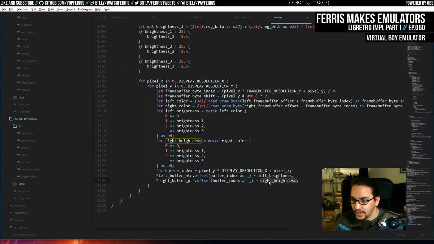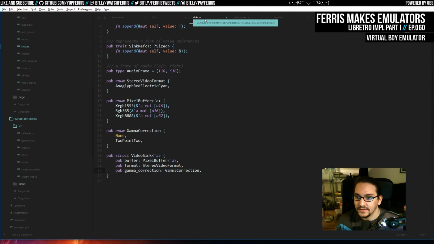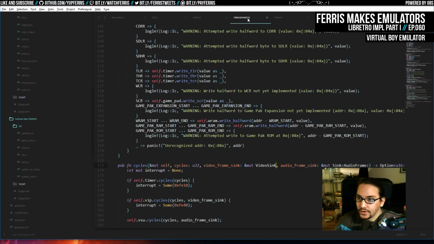Yeah, so we have left brightness and right brightness here. And the slow way of doing this is this. The slow way is to match inside this pixel loop. The fast way is to have different loops for this. But we're going to do the slow way because it's still going to be way faster than what we were doing before. And in fact, due to branch prediction, which you guys should all be very familiar with right now due to recent events in the world, this should actually be shit fast because it will always take the same code path. So that should actually be pretty good